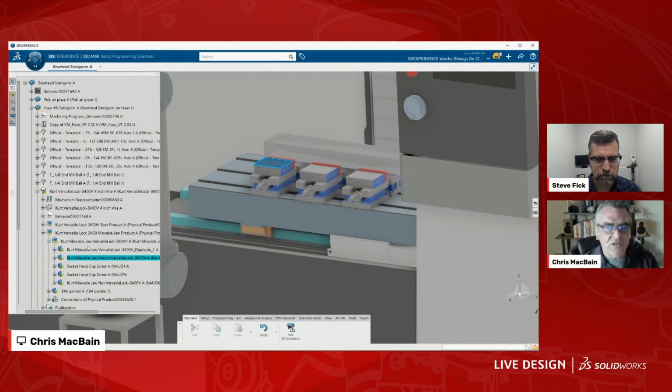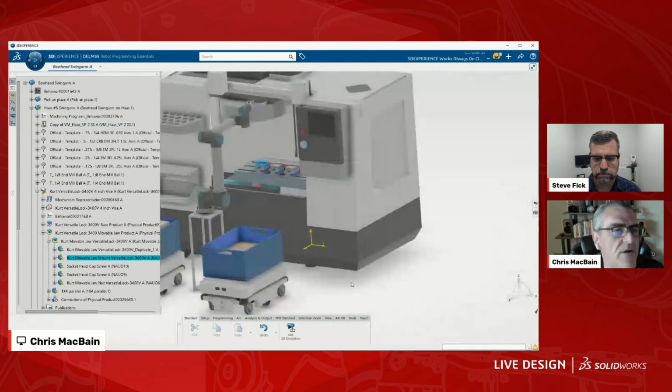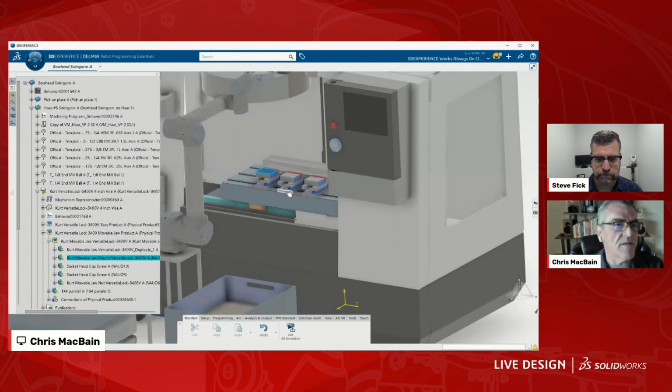Now, one thing I want to point out really quickly is, we've shown this to some people, and one of the things they say is, I don't want to have to build my own machine. I don't want to have to build these vices. I have a vice. I just want to throw it on the vice and do it. And that's great. You can do it. You don't have to do all this stuff. You just make a digital representation and go for it.